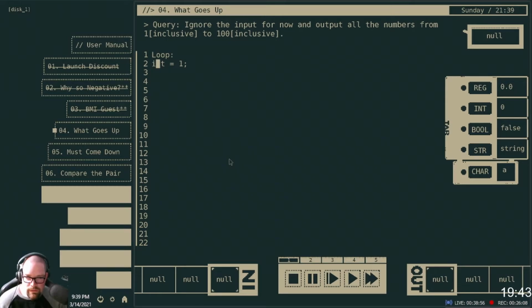It's inclusive, right? So int equals 0, int plus plus, output equals int, and